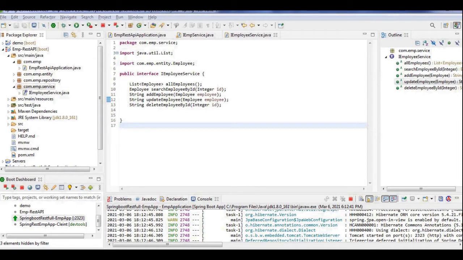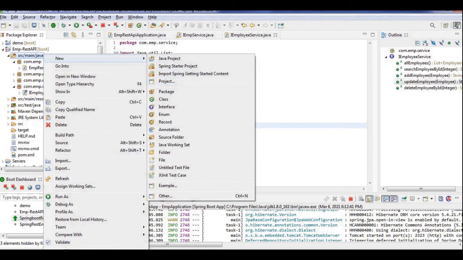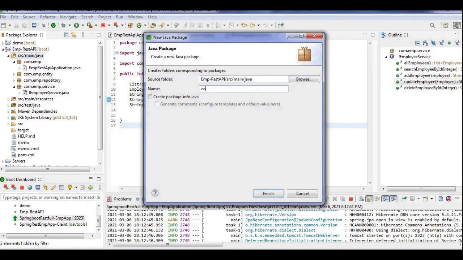Now I'm going to create an implementation class for this interface, the employee service interface. For that, first I'm going to create the package in which I have to create the class. The package is form dot service dot impl.